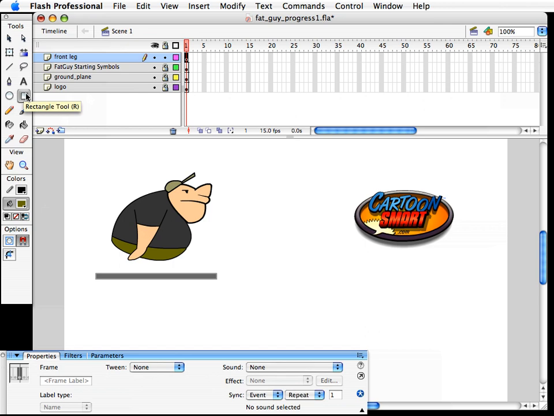One new little thing in Flash 8 that can throw some of you off would be if you have this object drawing. Actually, let's see, where is that? There it is. If you have object drawing turned on, it'll make it seem like you draw something and it turns into a symbol right away because it has this blue box around it. So what I want you guys to make sure is that that is not turned on, and you'll know because